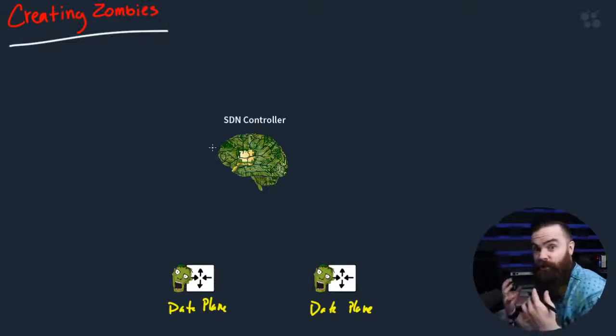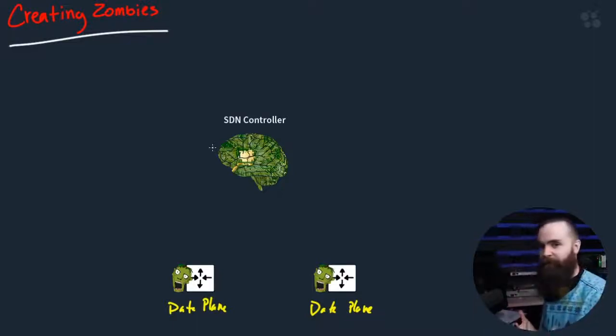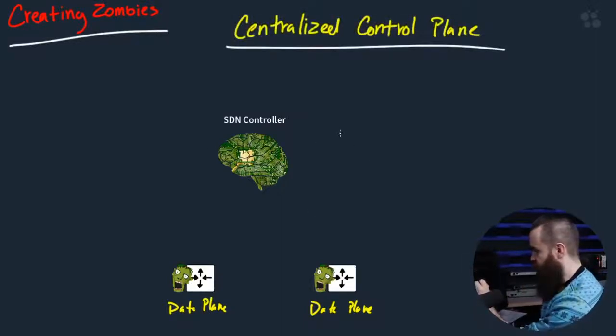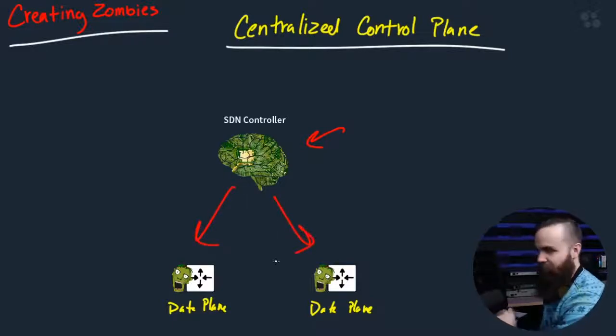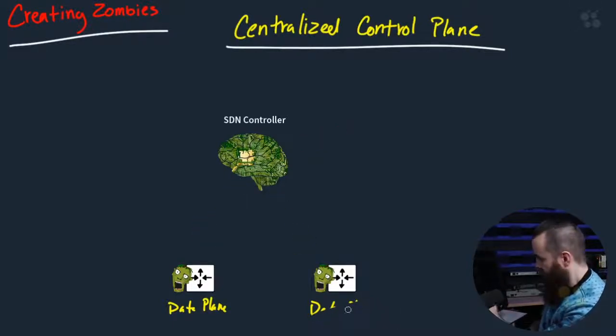So as opposed to a distributed control plane where each router has its own brain, has its own OSPF process, and figures things out, this is a centralized control plane. The control plane has been centralized in the controller, and it controls our devices. I'm going to erase the data plane down here. We know he has a data plane, and in a lot of cases still has a management plane. We can still access these devices directly.